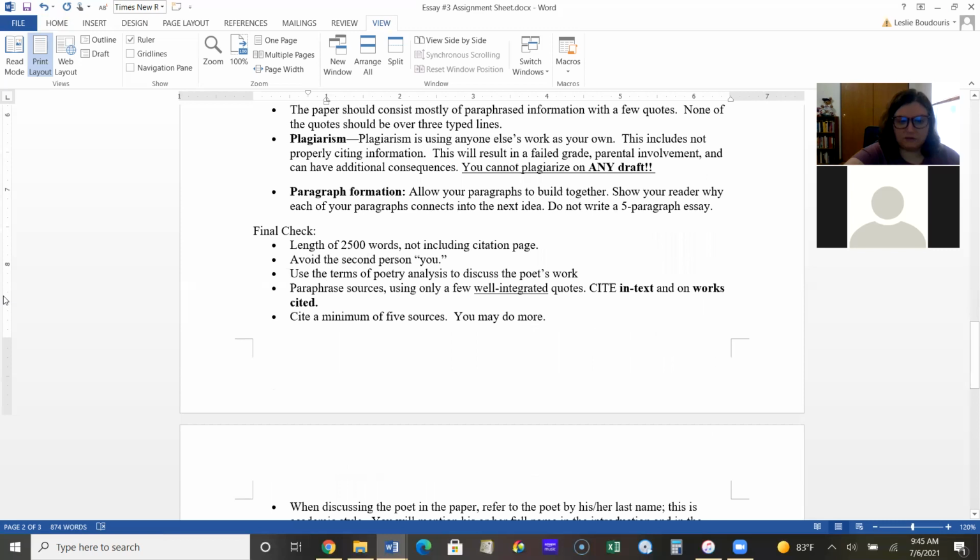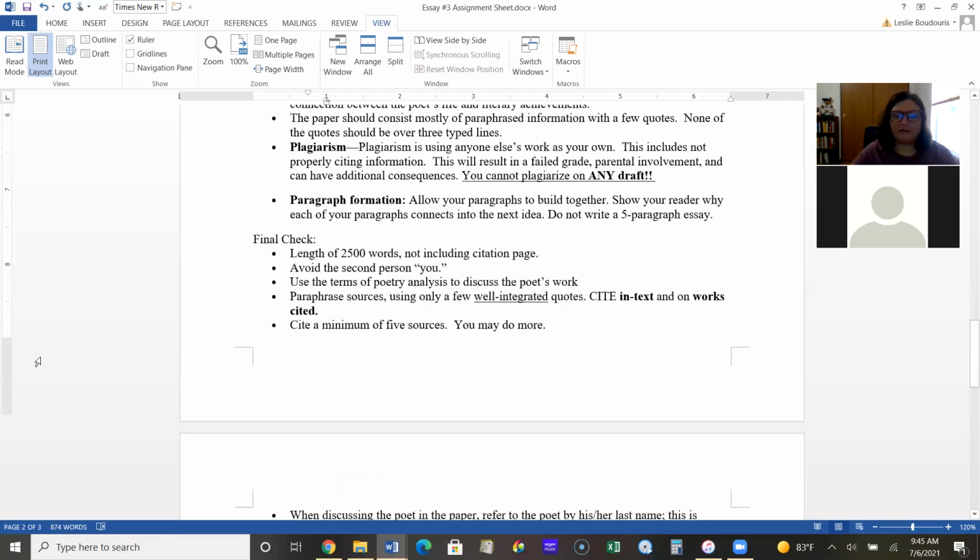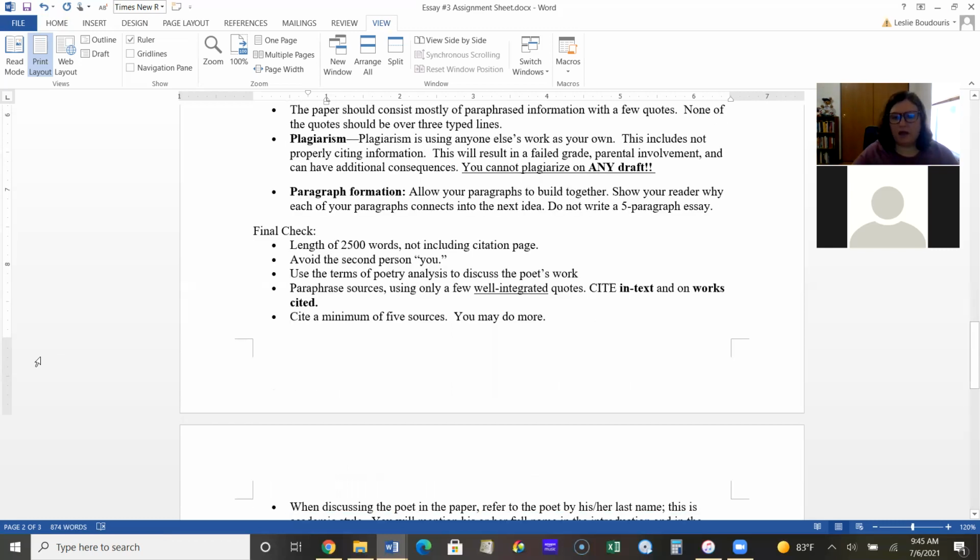Again, it should be at least 2,500 words. Try to avoid the second person "you." You could hypothetically use the word "I," but you want to avoid phrases like "I think," "I know," or "in my opinion." I've seen a few conclusions that don't have the word "I," but